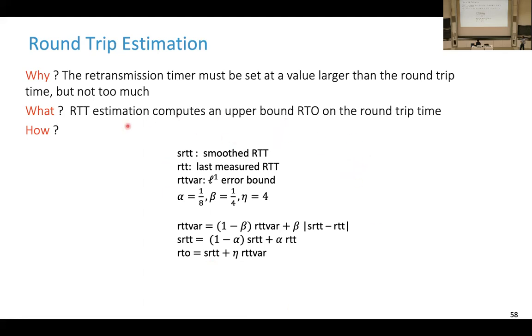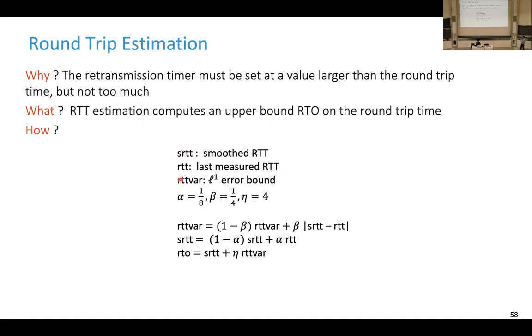Here we have an exponential filter that computes what we call the retransmit timeout, which is an estimate of the round trip time. And as it is said here, it's a value larger than the round trip time, but not too much, to not retransmit the packet too late. We compute it with three values. Of course, we cannot keep in memory all the previous RTTs because it's a lot of memory. So we keep only three values: the smooth RTT, which is a kind of average of the RTT,